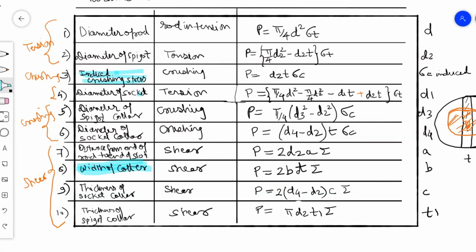Here there is the cotter. And where else? Here, in the sixth formula, that is the diameter of the socket collar. Is there any other formula where the cotter is involved directly? No, only this much. Correct. Now,